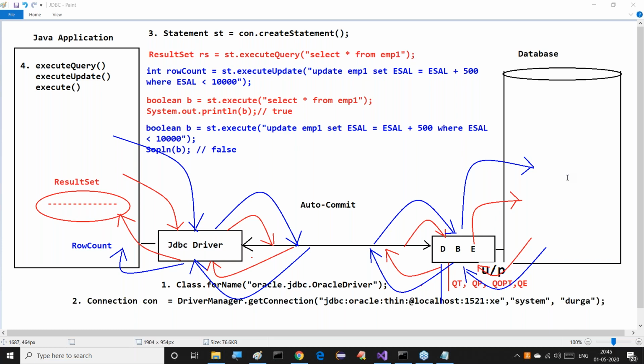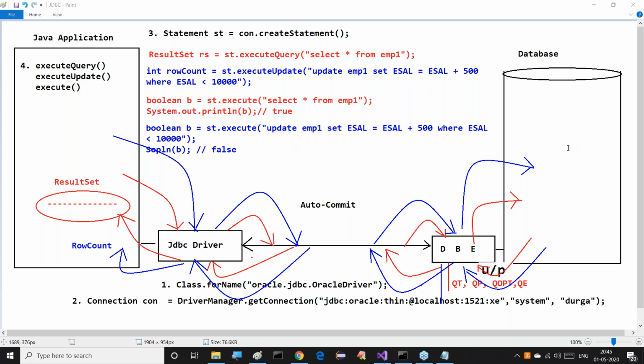This is the meaning of auto commit. Now in this auto commit mode, data is stored into the database table permanently. The word permanently is giving clarity for us. Data persistency is achieved. Whatever operations we are performing, maybe an update operation, permanently at the database table the updates are performed. They are not going to be rolled back. Delete operation: permanently the records are going to be deleted, not rolled back.